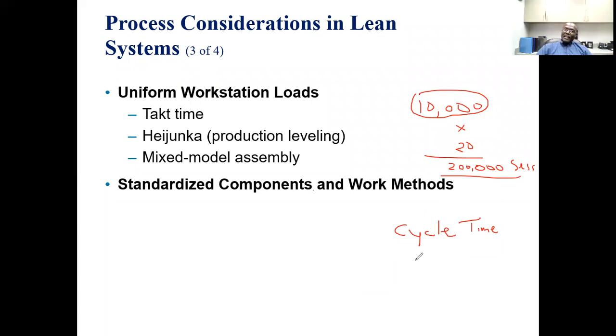And we might find that, well, it actually takes our system 25 seconds and not 20 seconds to make one part. Okay, so our cycle times might vary from the takt time,